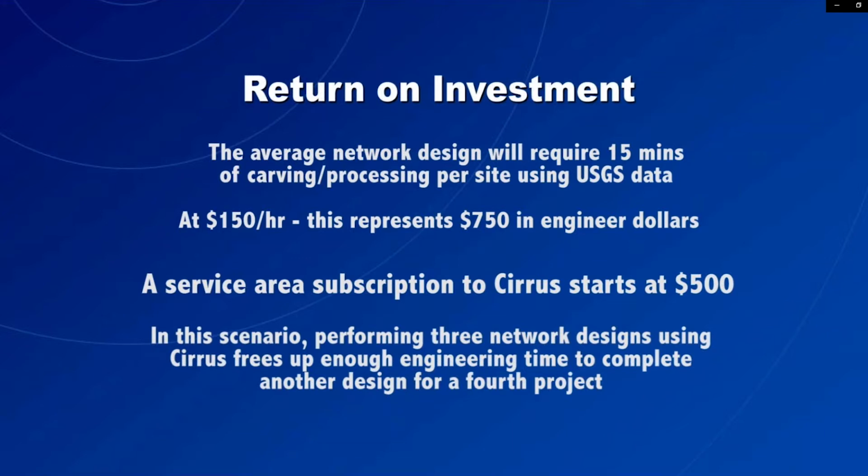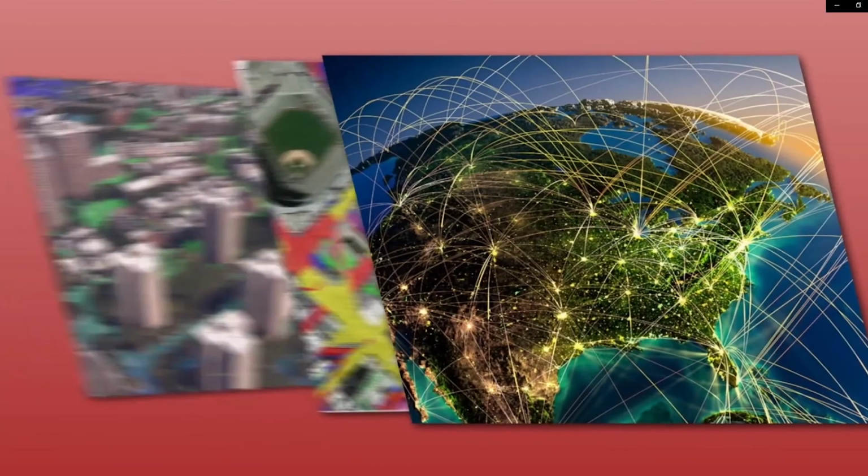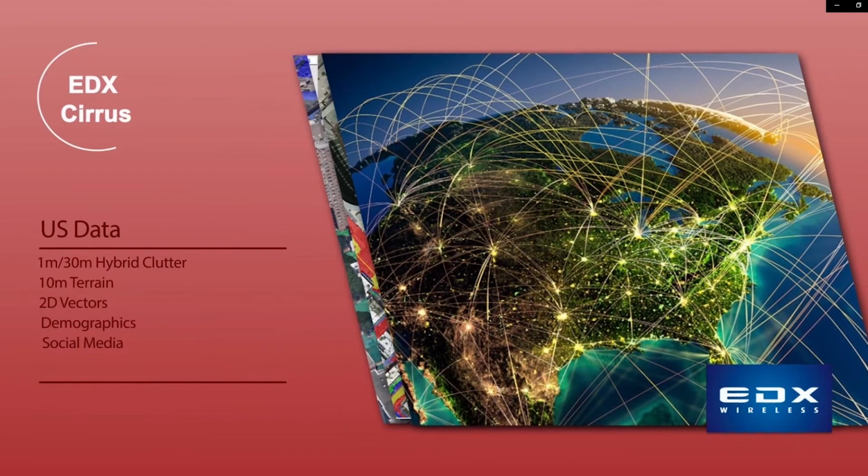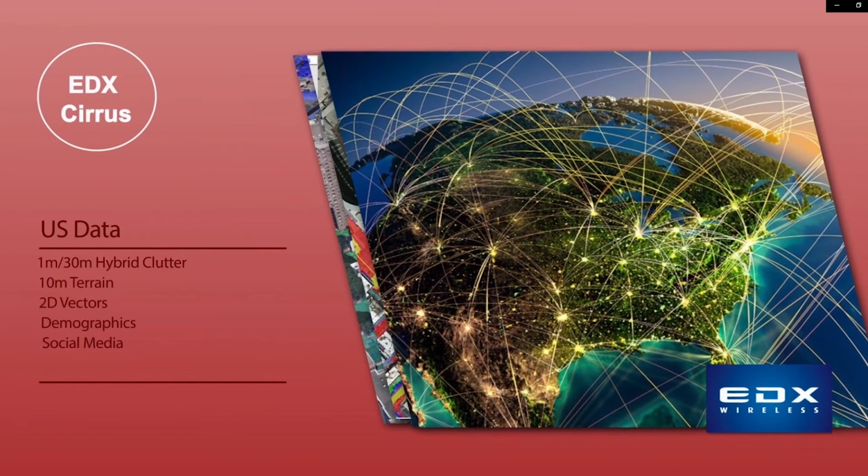In other words, if you perform 3 or more even small project designs in 1 year, you will achieve a great return on investment by utilizing Cirrus. Again, this is in addition to the time spent downloading and converting the data that we spoke about. By the time you factor in everything, you could easily be 4 days deep in downloading, converting, and carving data, making it usable. So Cirrus saves not only engineering billable hours as demonstrated, but bottom line dollars as well.